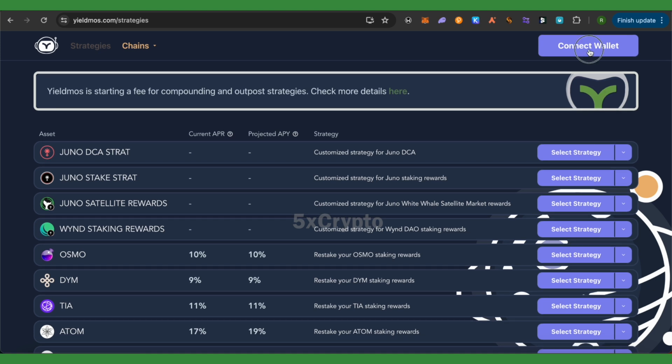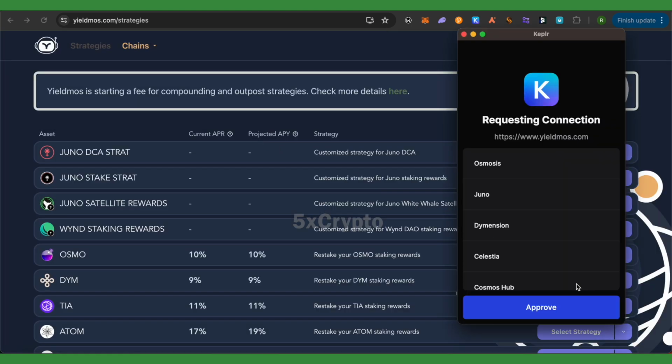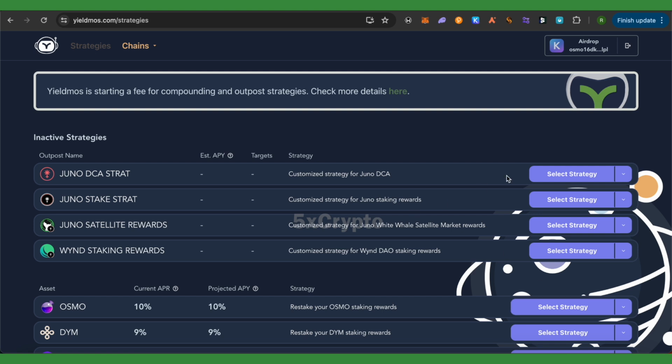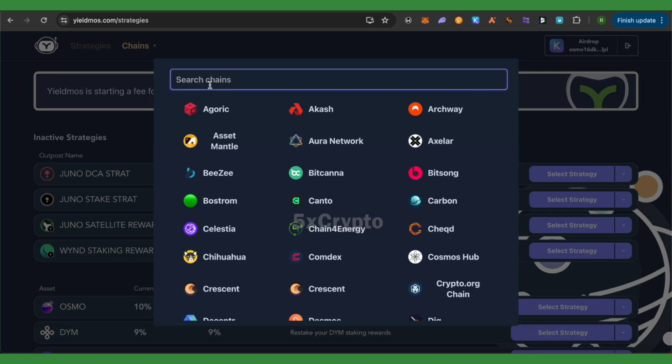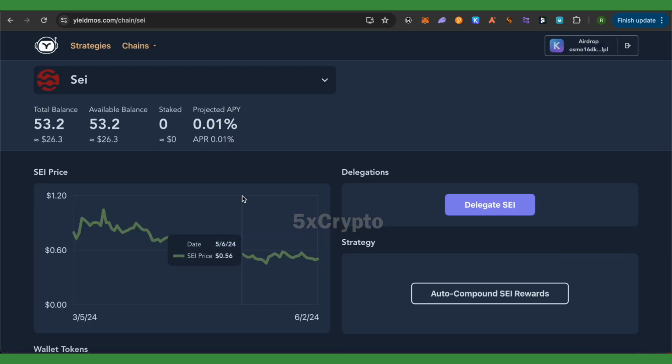Over here just simply click on connect wallet, then click on this option of Keplr wallet and approve it. After that you are connected to it. Now simply search for chains, and in chains we will search for SEI, then select SEI, and here you can